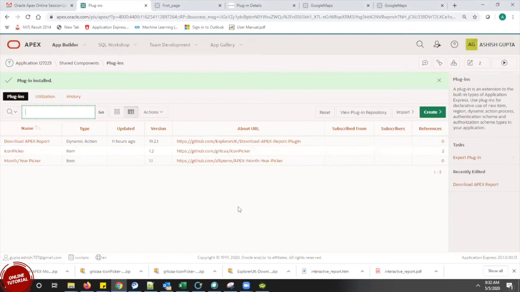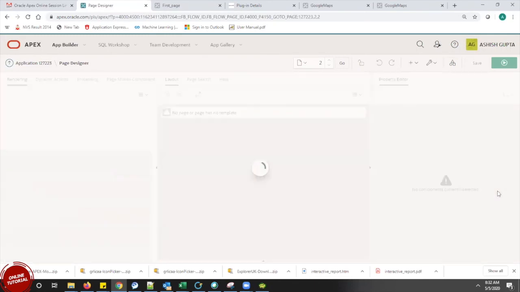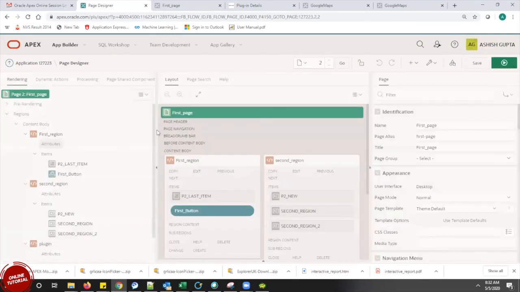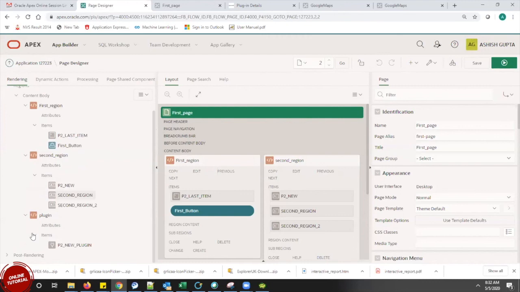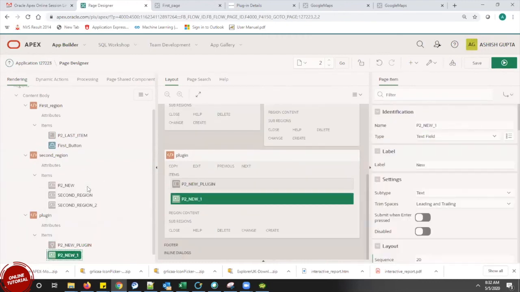Okay, and I can see my application. This is again an item plugin. So I go back to my application, and I create a page. I already have one here. So now I will create one more item.